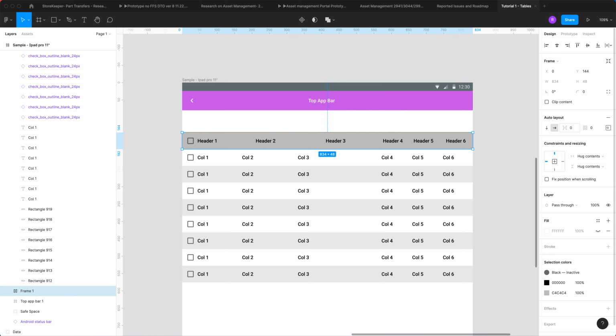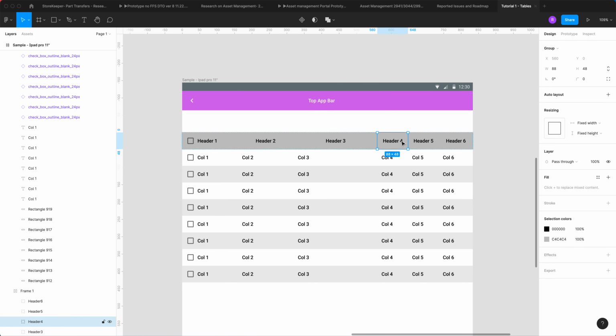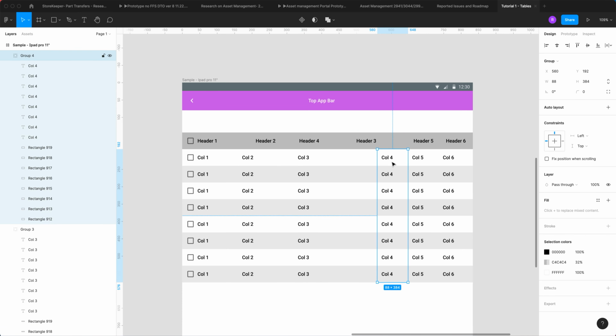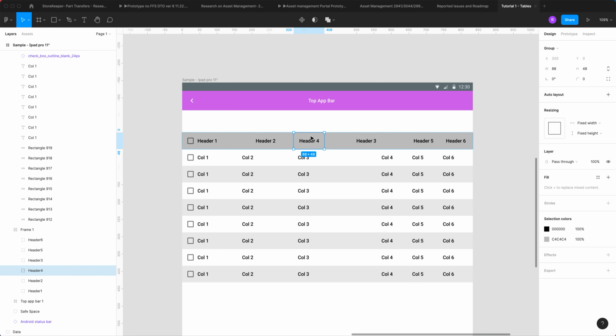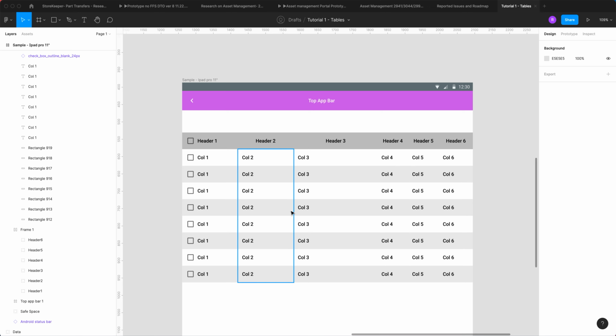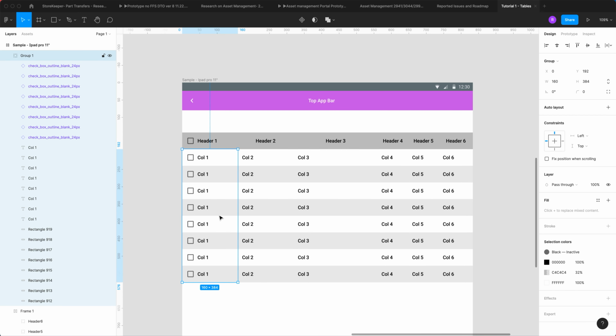And what's really cool about that is if I go into design review and they say, you know what, we really want header 4 in front of header 3, I just move it. Oh, I didn't do that yet. I didn't set that up yet. But anyway, once this is all set up with auto layout, I would just move that too. And I've just made that design change, and it's all done. So now over here,